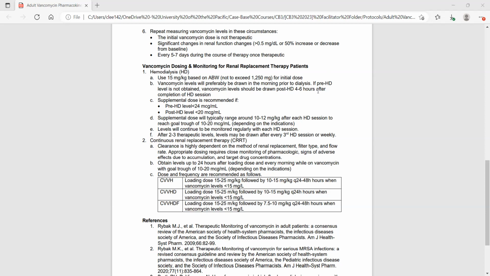And if you get pre-dialysis, like I mentioned, your vancomycin level is going to be at its peak level, basically. And so, how would you get the trough level? Because a lot of times we dose it based on trough. Our goal is the trough level, 15 to 20 or 10 to 20 based on your indication. So how do we know what the level is going to be after